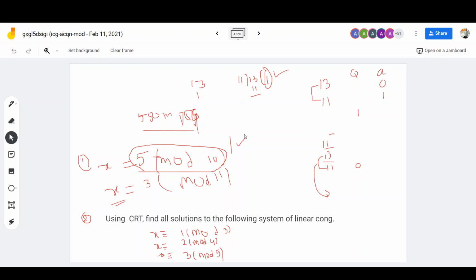Why? Because what I told you, these two are going to be relatively prime numbers. Correct? Yes. But sir, what is the GCD of these two numbers? GCD of 10 and 5 is not equal to 1. Hence, no multiplicative inverse exists. This is the first step you need to check, otherwise you cannot solve this problem. Why? Because here the multiplicative inverse value